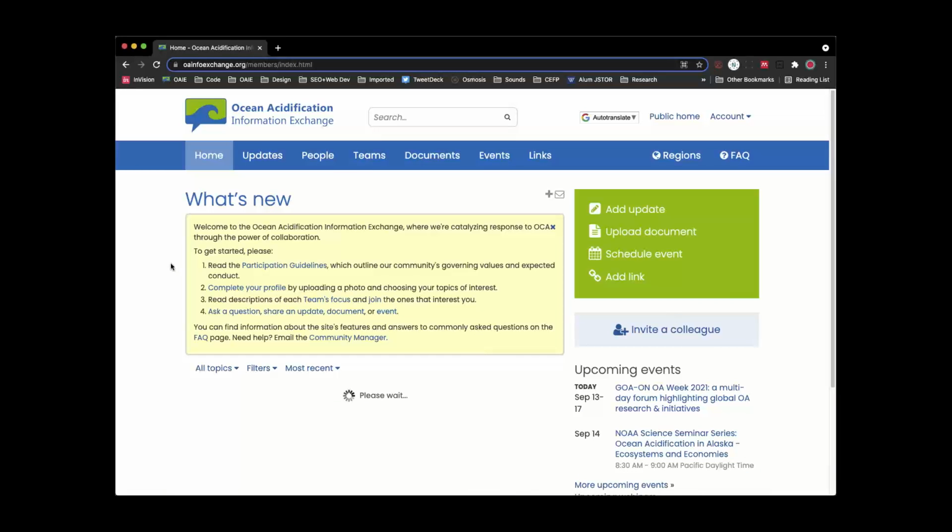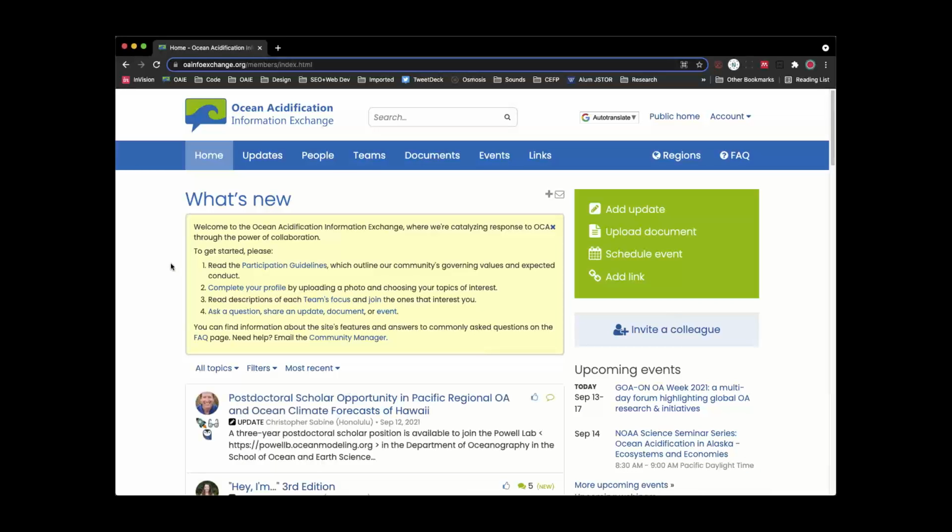And once you enter in that request information, a bare bones profile will be created for you, and it'll just contain your name, email address, organization, and I think that the more information you are willing to include in your profile, the better it is for you and the exchange as a whole.